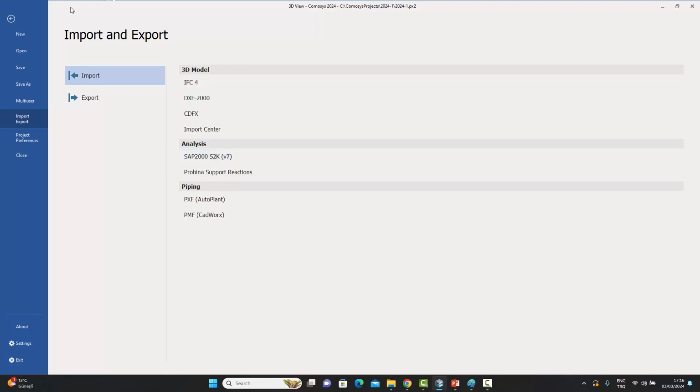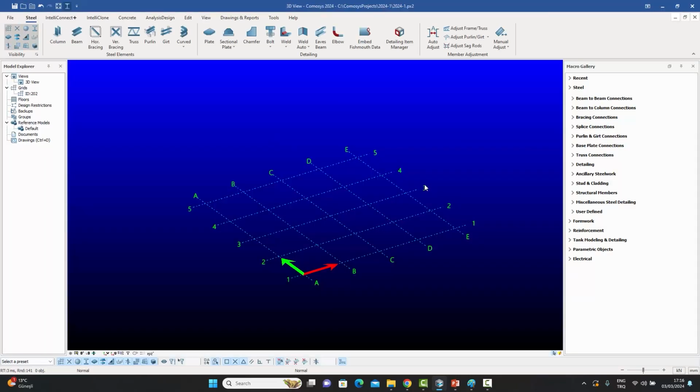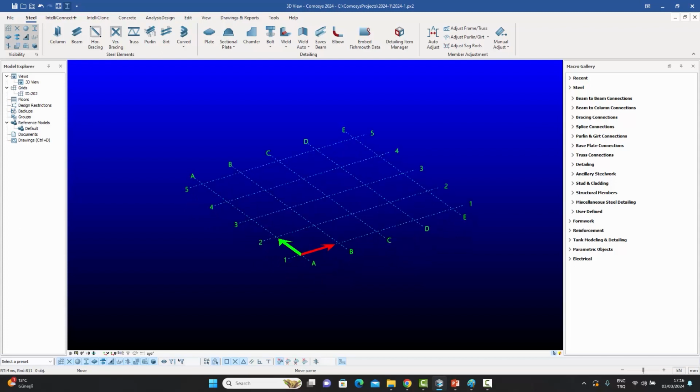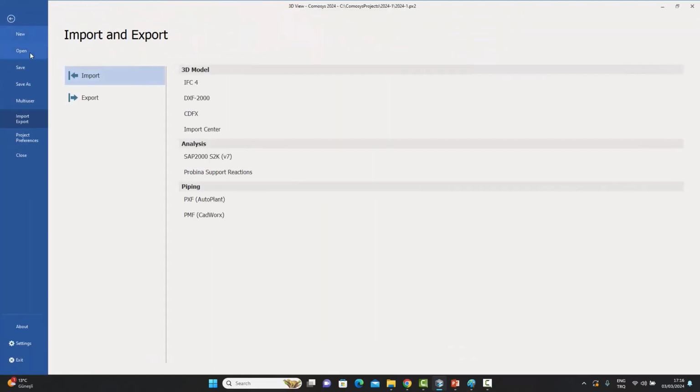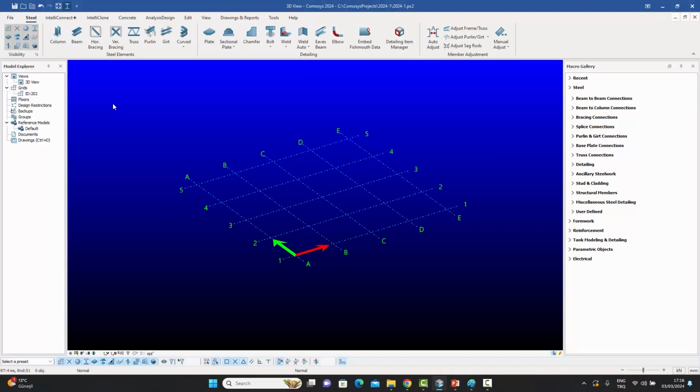But with this version, what we have implemented is something we call reference models. And reference models can make your work a lot easier in certain ways. They can provide you with certain capabilities, which I will talk about. Before we start into all that, I would just like to say that instead of going to the normal import area for importing your IFCs, what you would do in the case of reference models is this: